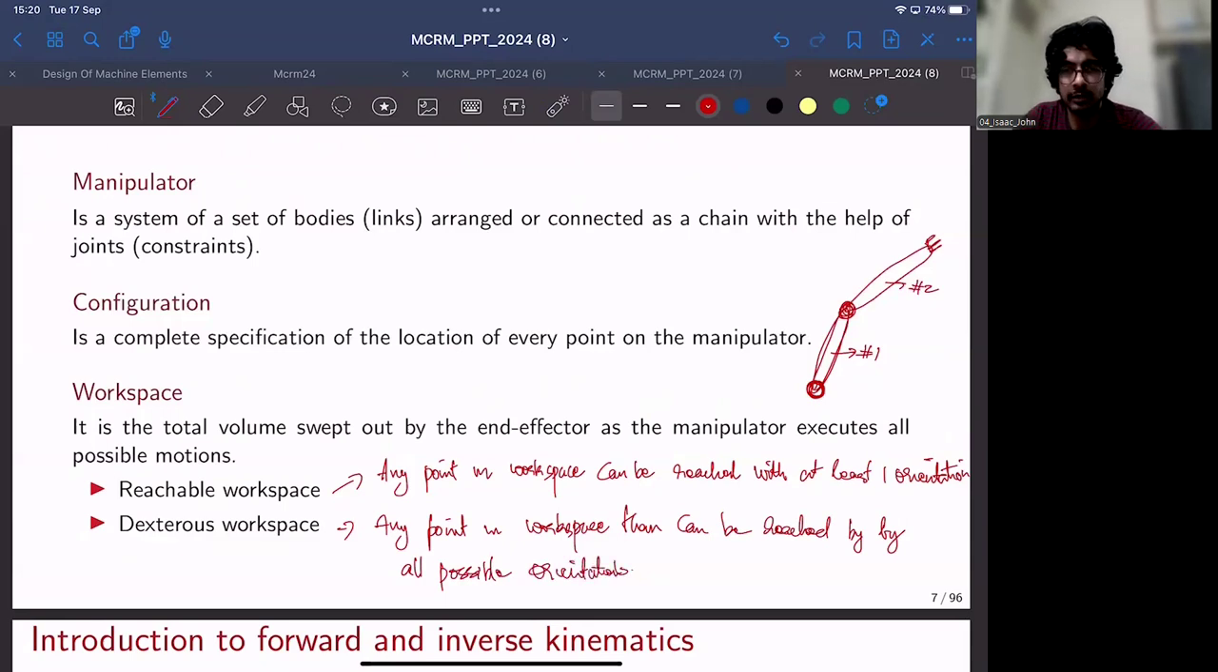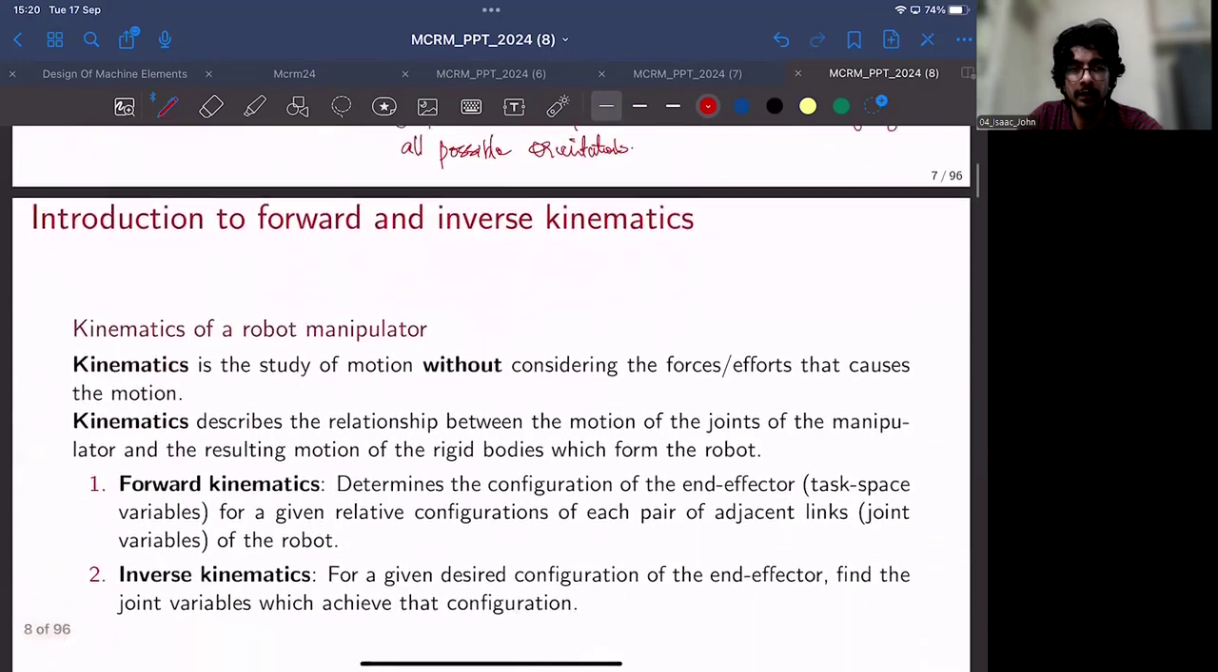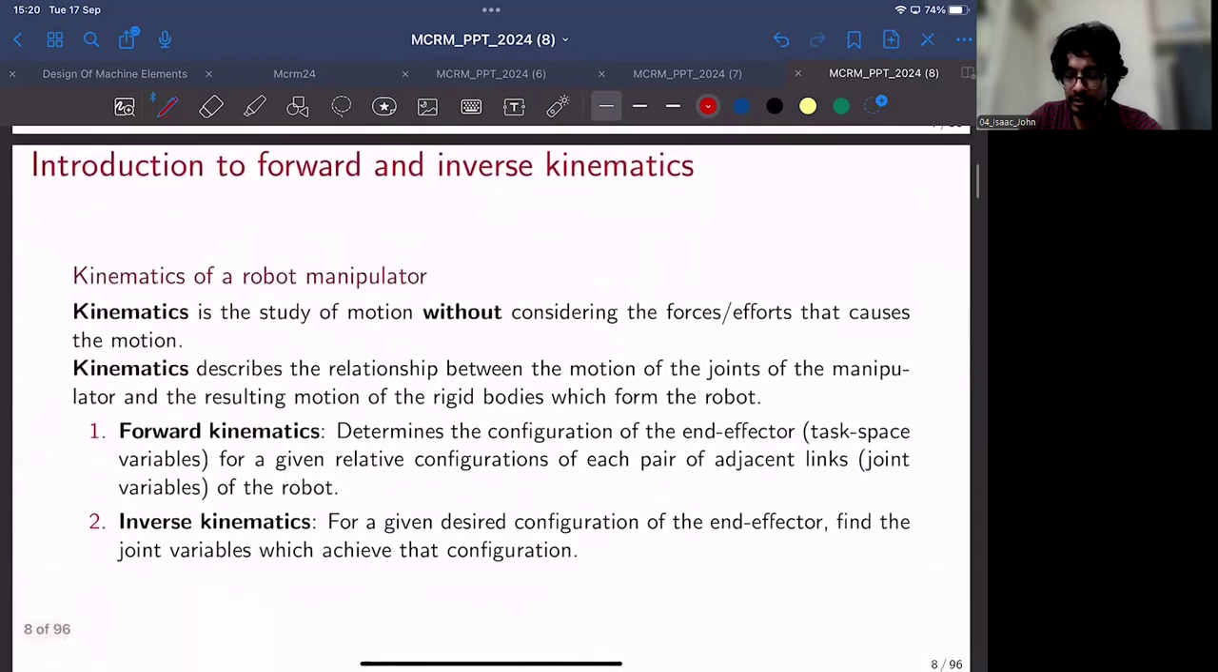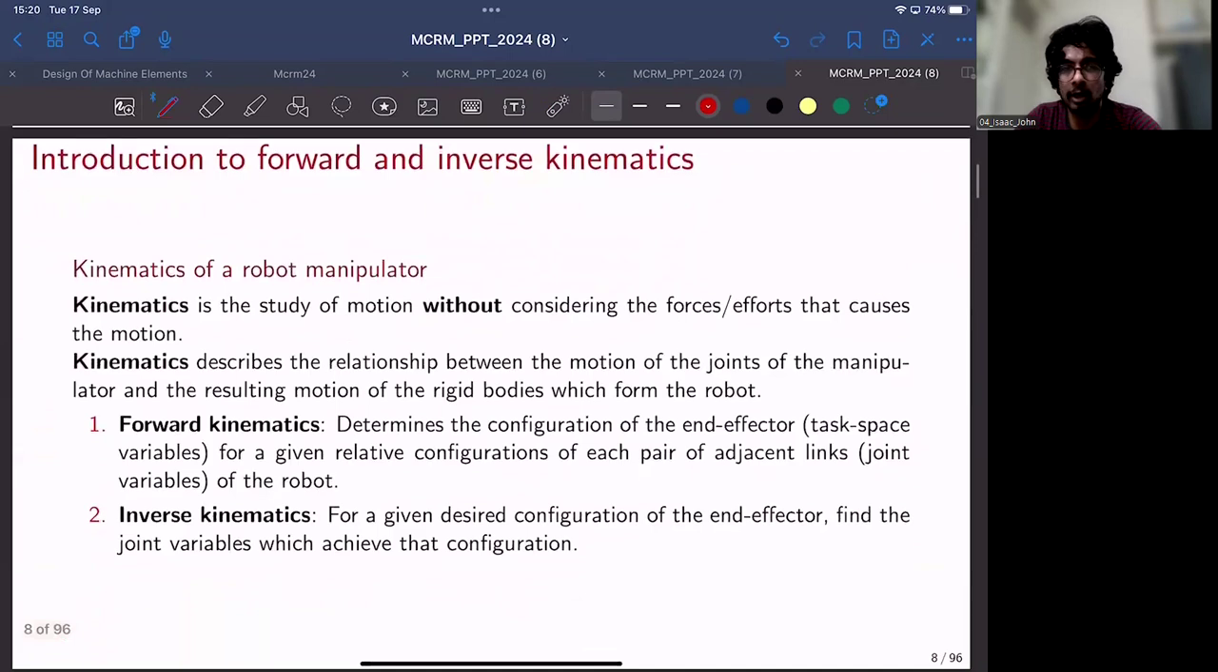That is about dexterous workspace. Then we move on to the geometric modeling of a robot. So typically, in case of a robotic manipulator, to solve the kinematics, we have two sorts of problems. The one is called forward and inverse kinematics. Since we have been discussing forward and inverse kinematics throughout the entirety of the course, we probably